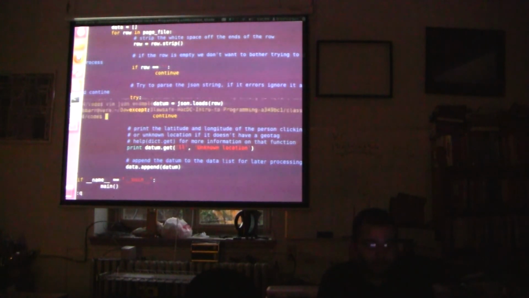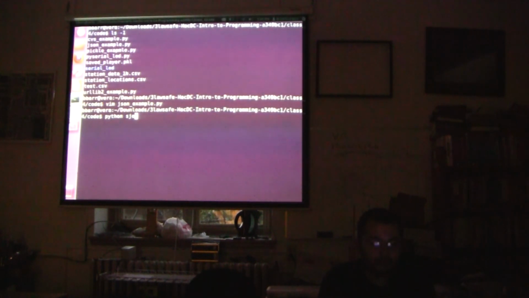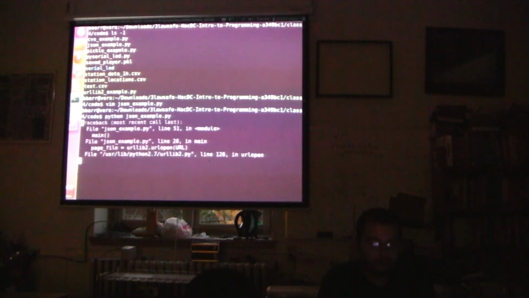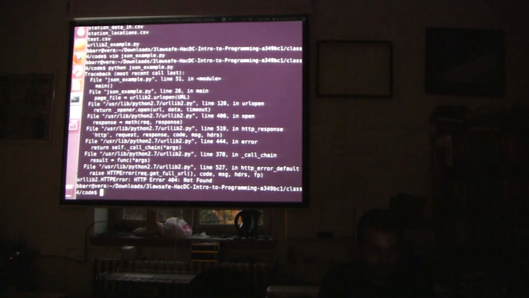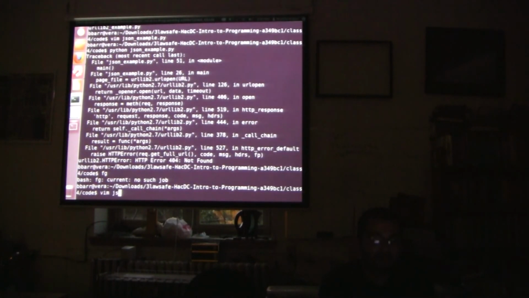So I want to see if this runs. Python JSON example. Error 404 not found. Right. Cool. So what this is telling us is that website no longer exists, so the data that we were using for our JSON objects is not going to work anymore.